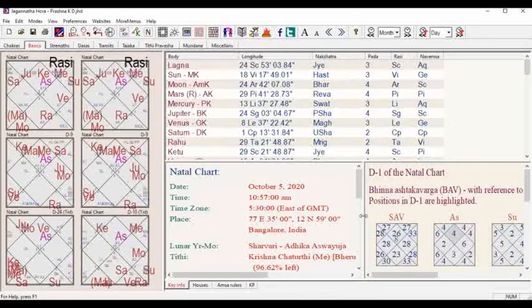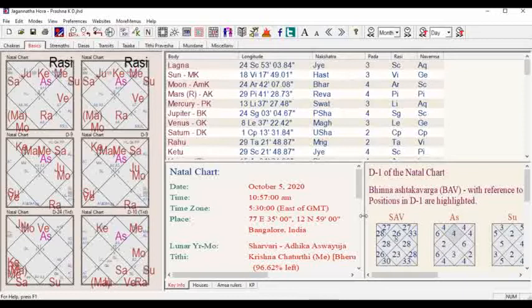So if you see, we don't have much clue about this, because everyone is opposing. What can we suggest? So it's a difficult chart. It's one of the difficult charts I'm sharing with you. It's a very difficult chart. If we see the natal chart, we are not getting much.